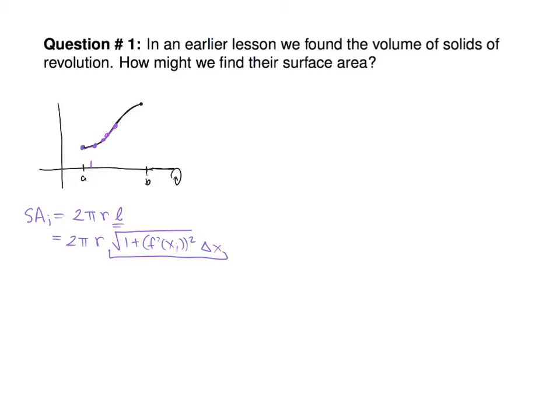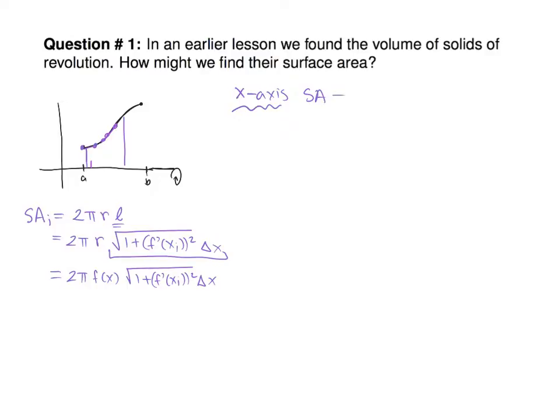Are we integrating R with that, or is R multiplied? R is multiplying by that, and R is changing. Like the R right here is lower than the R will be way out there. Does that make sense? In this case, what would R be? R would be y, which in this case is f of x, right? So 2 pi f of x root 1 plus f prime of x sub i squared delta x. So for about the x-axis,